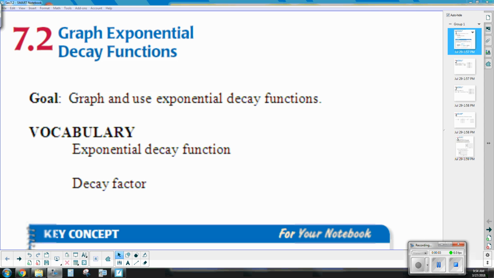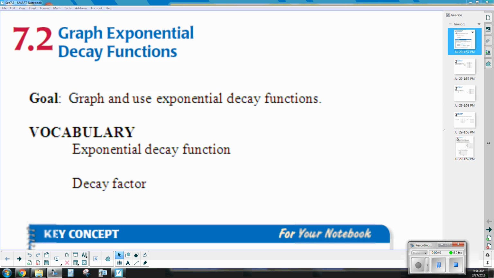Hi ladies, this is lesson 7.2, and this lesson is about exponential functions, and specifically today we're looking at exponential decay functions. So if you remember from the last lesson, we looked at exponential growth functions, where the function would grow exponentially, it would approach infinity, but it would never get less than 0. Well, in this case, it's going to decay exponentially, but it's never going to actually reach that asymptote, which is y equals 0. So it's never going to be 0, but it's going to continue to get smaller and smaller